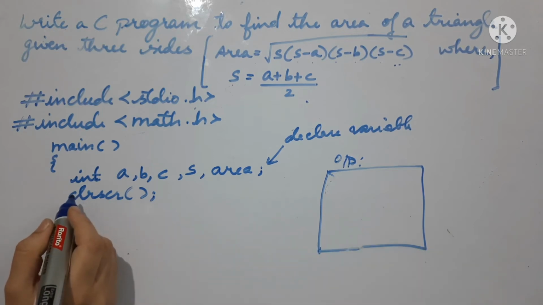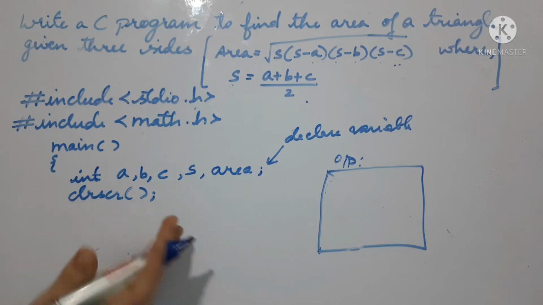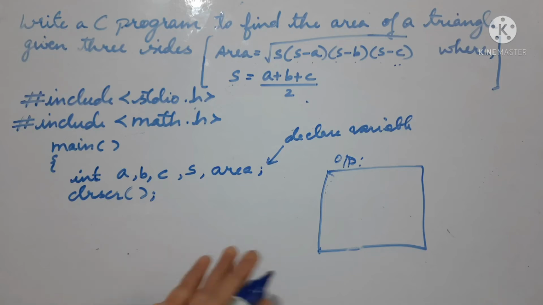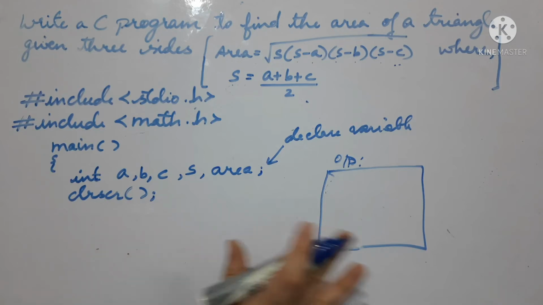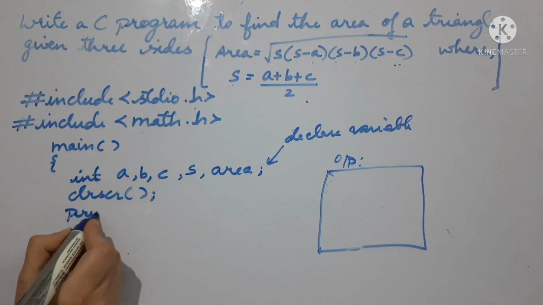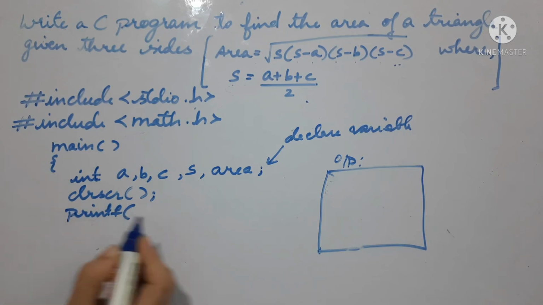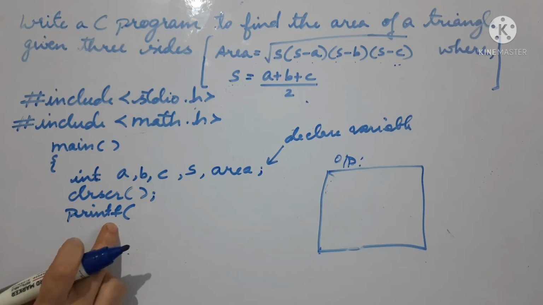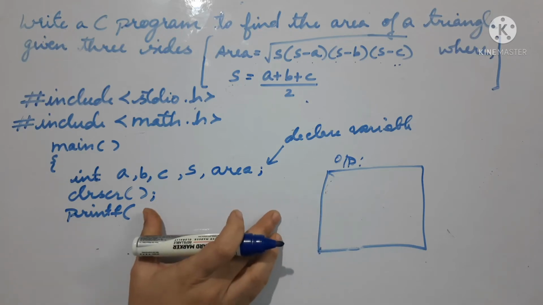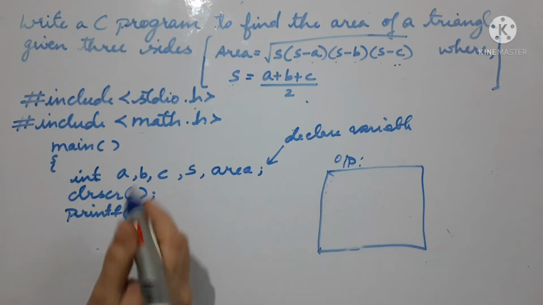Now what we will do is, we will take the input values from the user. So let me just print a statement, enter the values of A, B, C. I want the values of A, B, C. So simply I will write a printf statement. Why are we making use of printf? This is just a writing function. Whatever we write within this printf is printed as it is on the output screen.